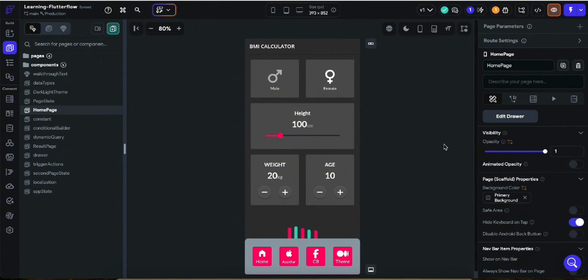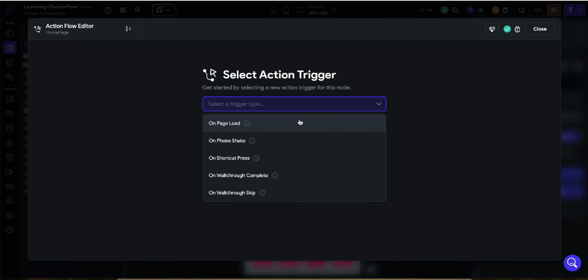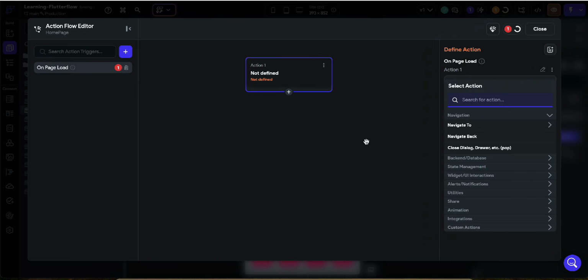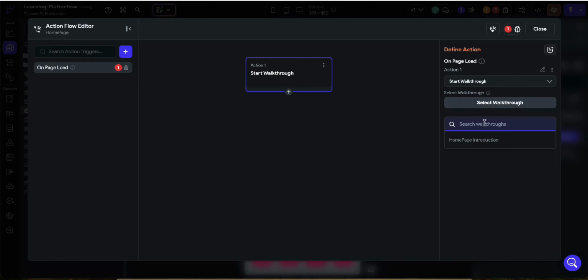If you want to use this walkthrough, let's suppose when the application is open, you want to add a walkthrough on page load. So you can simply click on scaffold, go to action flow, open. Now on page load, you can add an action and you can search walkthrough. So you can see that the walkthrough is here, and you can start walkthrough. You can select your walkthrough specifically. I want home page introduction, so I have selected this one. So when my page is loaded, it will show the walkthrough. This is a very important step. If you don't do this action, the walkthrough will not be visible on your page. Okay,